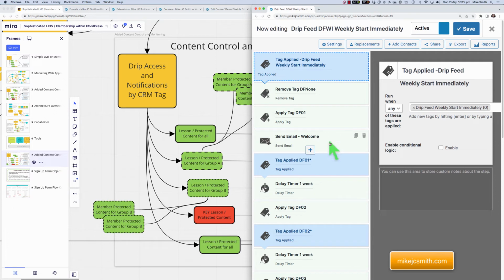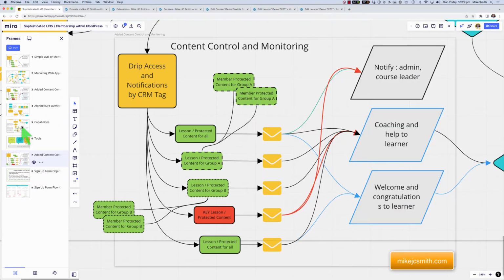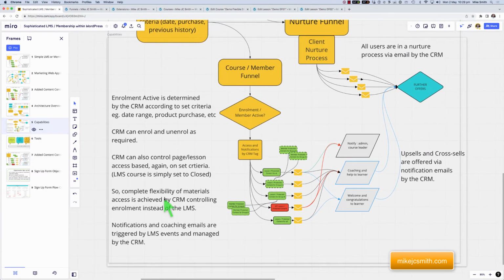But the individual content could also be the emails and a whole bunch of other actions as well. So this is really what I wanted to show, and that gives us the ability to achieve our goals that we set ourselves before, things like date range, more complex criteria that allows access to lesson content within a learning management system, which may in fact be in combination with membership outside the learning management